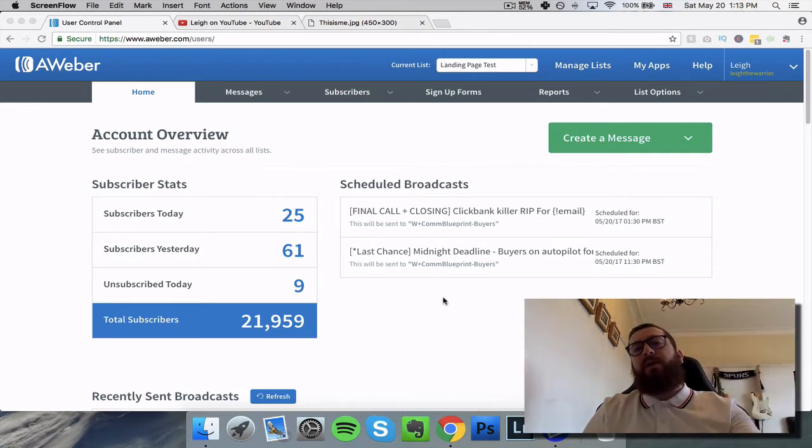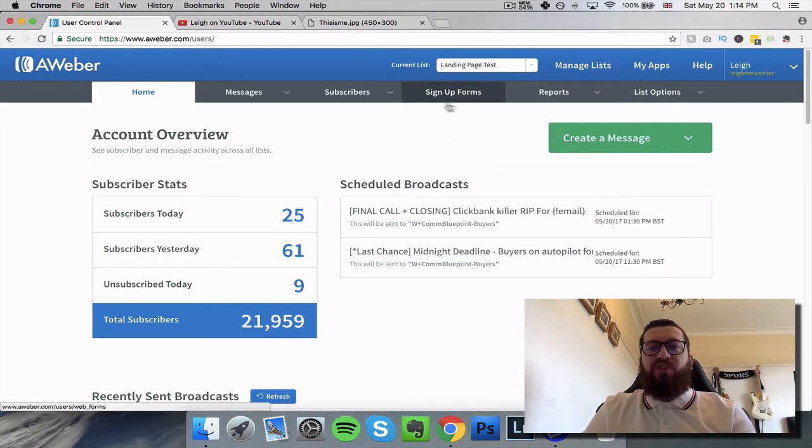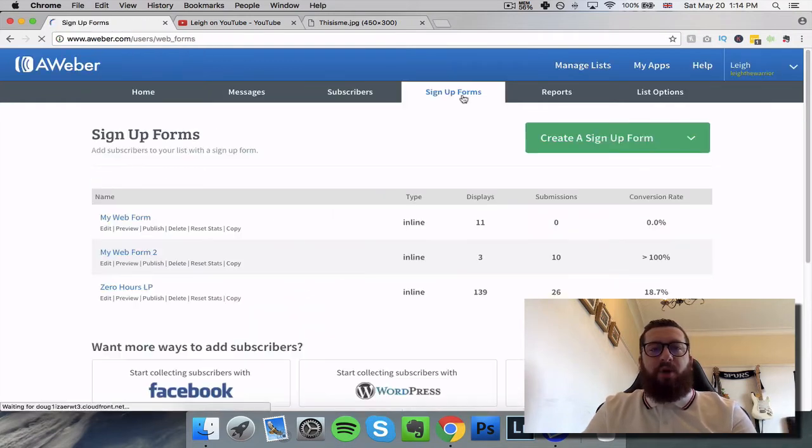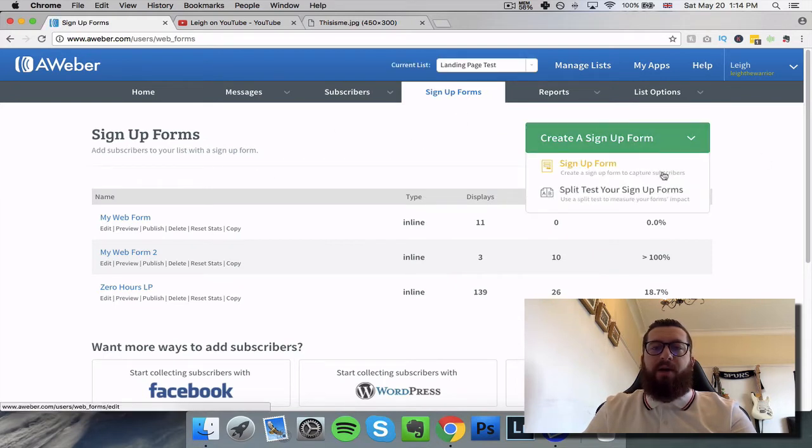Now, what you've got to do is go to Aweber and create your list. To do that, you would basically come up to the top, click on Manage List, then Create List, then go through all the settings, the names, the email address that it's going to be sent from, etc. Once that's done, make sure you've got it selected at the top as your current list. Then we want to go down to Sign Up Forms here. We click on Sign Up Forms. It gives us the opportunity to create one. So we click on create the sign up form, or from the drop down,